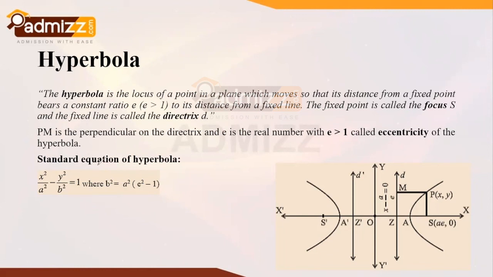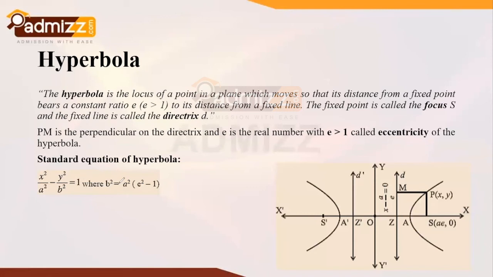Now, if we have properly understood the fundamentals of ellipse, the key difference between ellipse and hyperbola is the eccentricity part, and the main portion is reflected right over here. That is in the equation x square upon a square. In the ellipse, we were having positive y square upon b square, and over here we are having negative sign. Okay, so x square upon a square minus y square upon b square equal to 1, wherein the relationship between